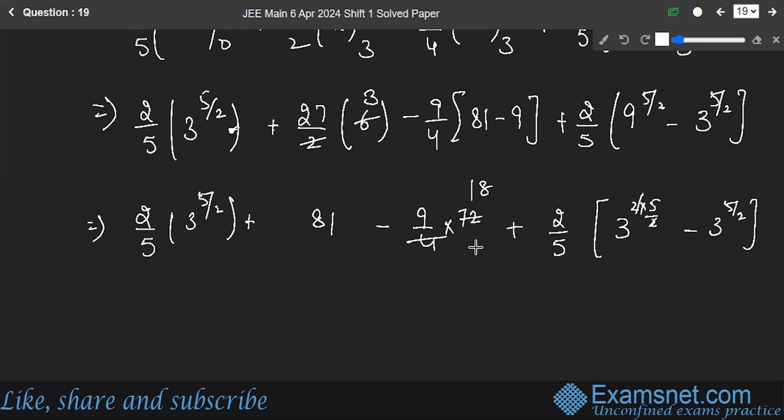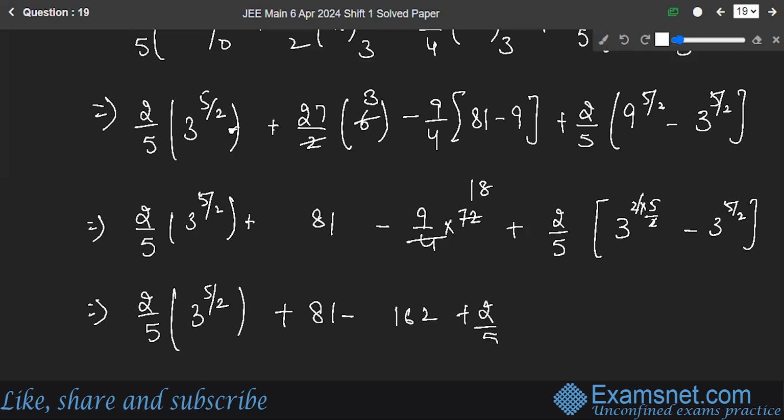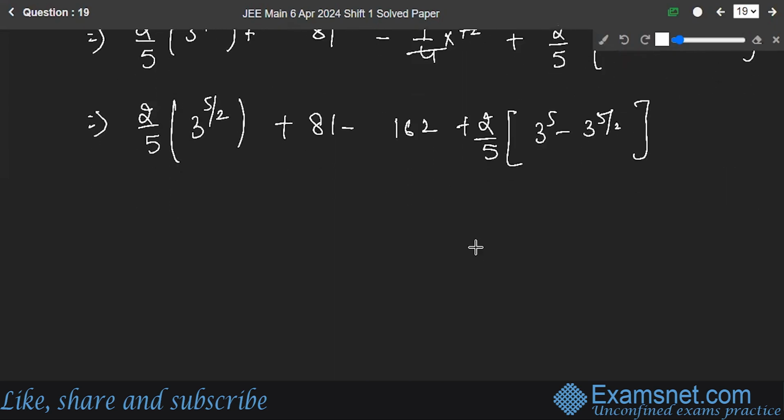So this will be 2 by 5, this plus 81 minus this gives me 162. 2 by 5, this is 3 bar 5 minus 3 bar 5 by 2. Okay. So this is equal to